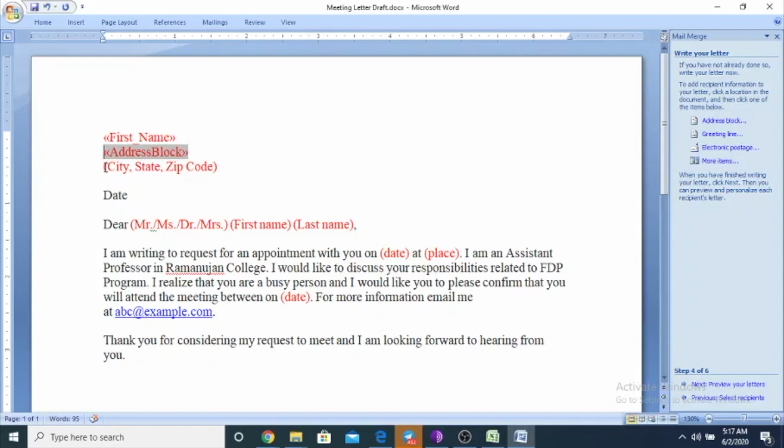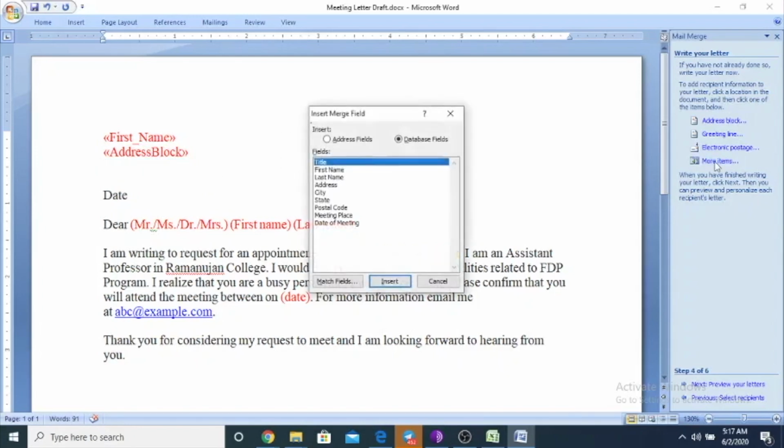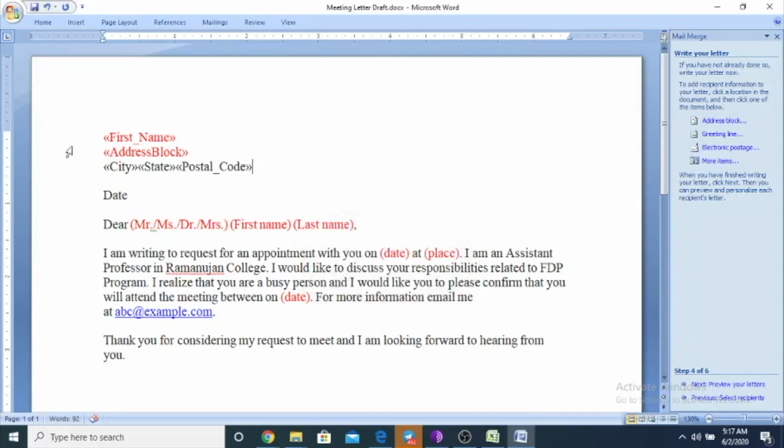Now I want to add the city, state and zip code, so I am removing it and adding the placeholders in its place. I want to add city, state and postal code. Okay, so I have created it. Now you can see these are nothing but the merge fields, or you can say the placeholders, that I already mentioned in my slides.